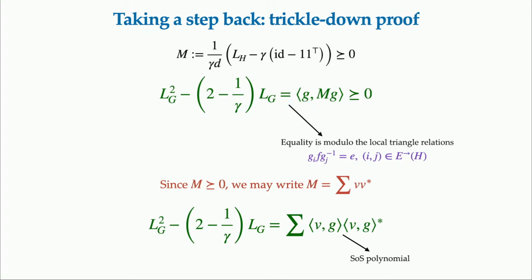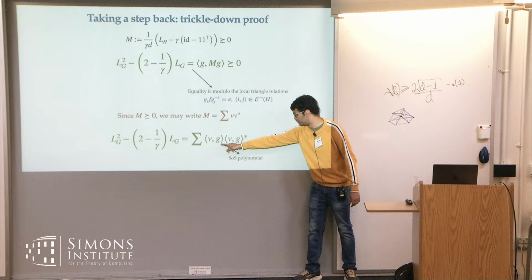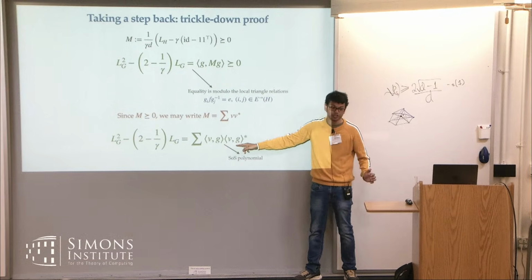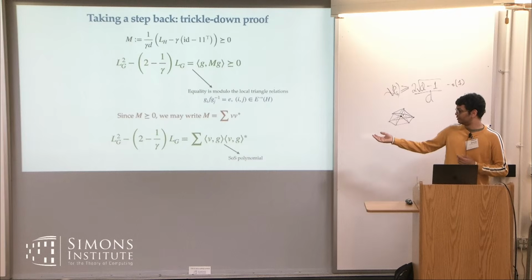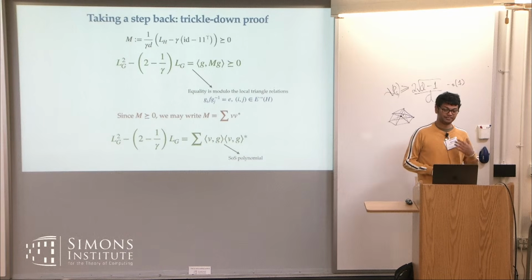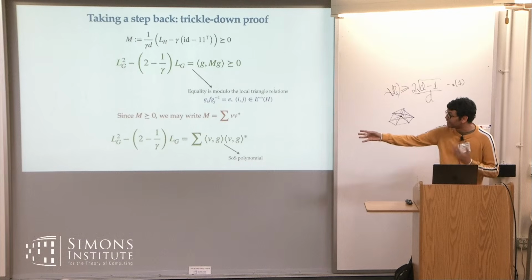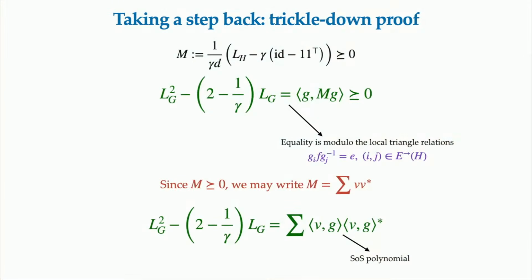on the left, that is given by the square of the Laplacian minus a constant times the Laplacian, is actually equal to a sum of terms which are of this form, a linear polynomial in G times the adjoint of that same linear polynomial. So in some sense, this is like saying that the reason this Cayley graph is expanding is because this quantity that I want to show is positive is symbolically positive. It can be written as a sum of